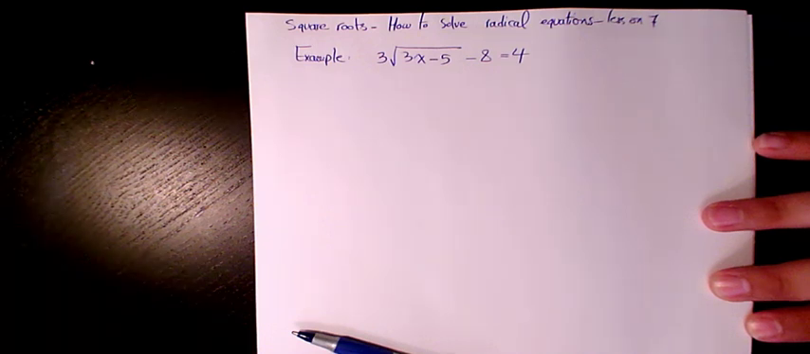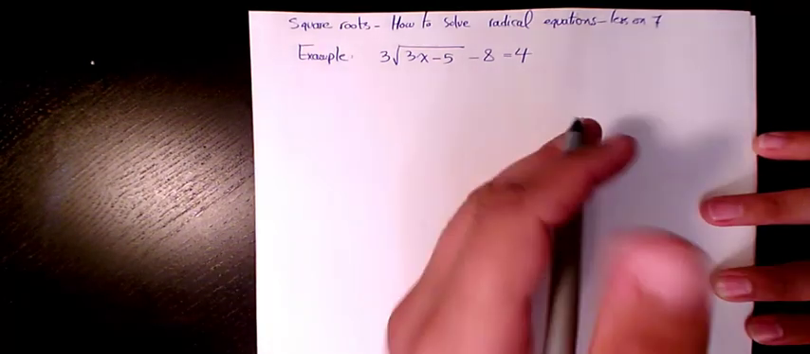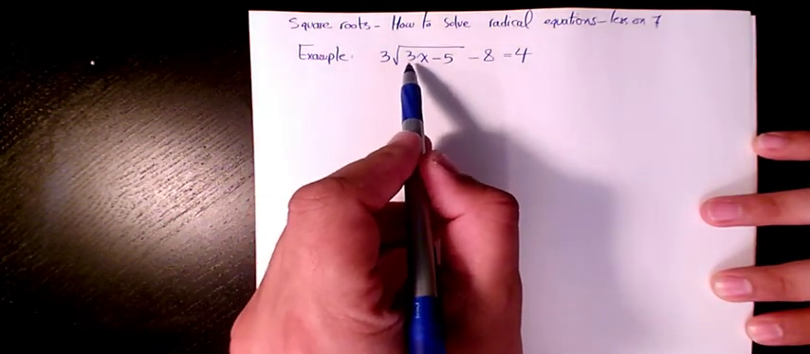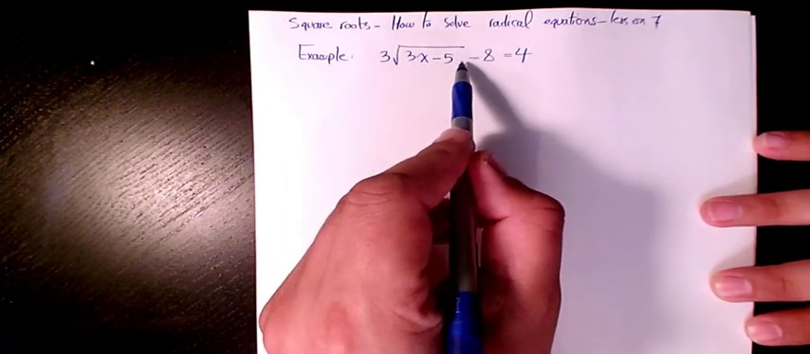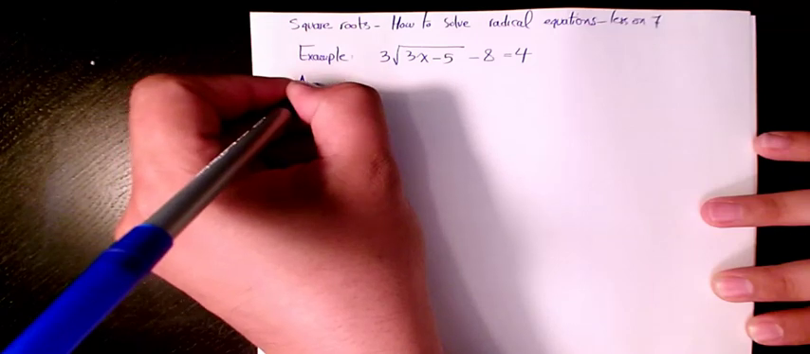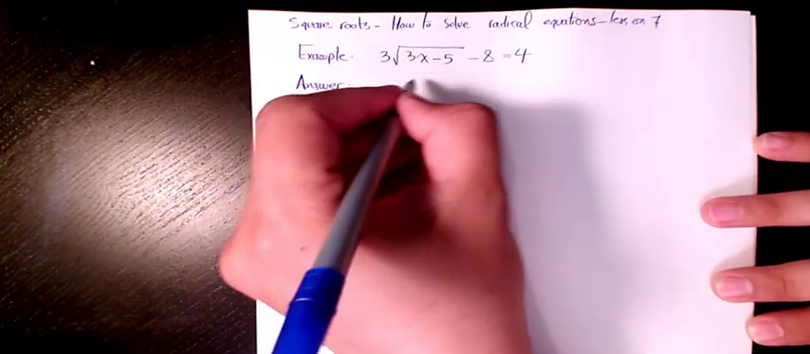In this video I want to talk about square roots and how to solve radical equations. This is lesson 7 and I have some examples in this video. The first one is 3 times root of 3x minus 5, minus 8 equals 4. So in order to find the answer, it means to find the value of x, I need to